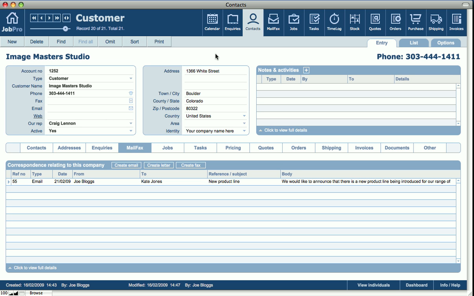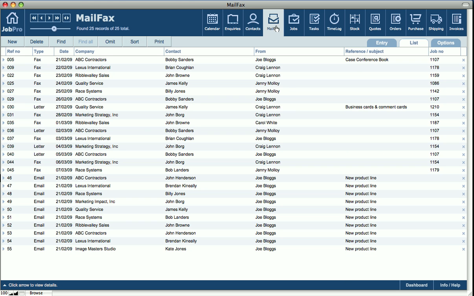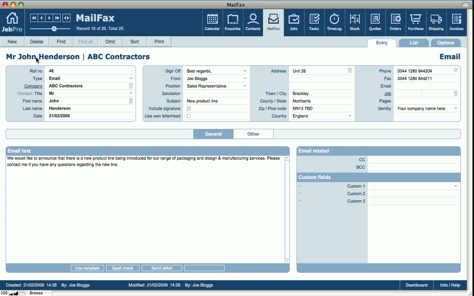But if we go directly into the MailFax module, essentially every detail is in here, regardless of who it's from. So if we want to search for any letters that were sent out between a set of dates or for a particular customer or a particular contact, we can do that from within here, and we can view a particular record in here as well. So we can create a record from within here, but usually you create a record coming from a different part